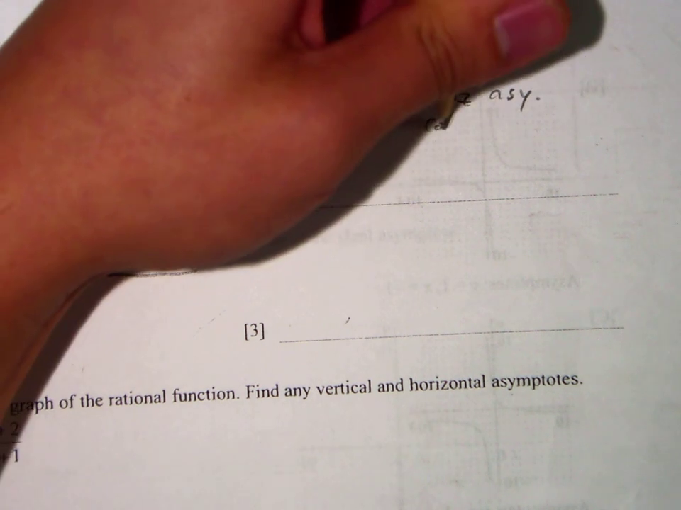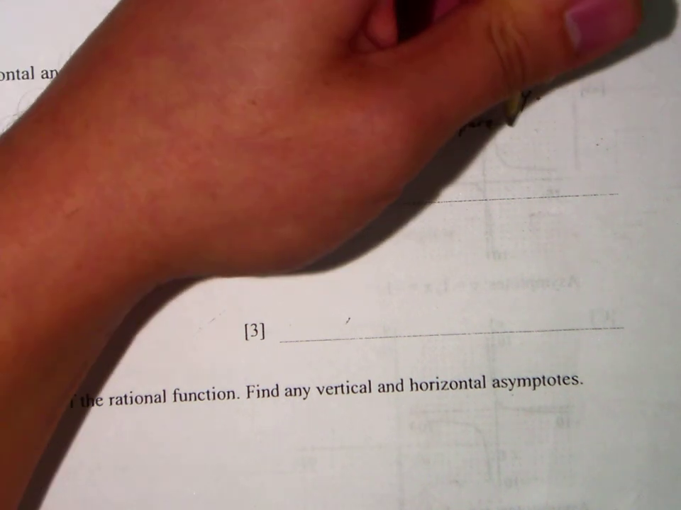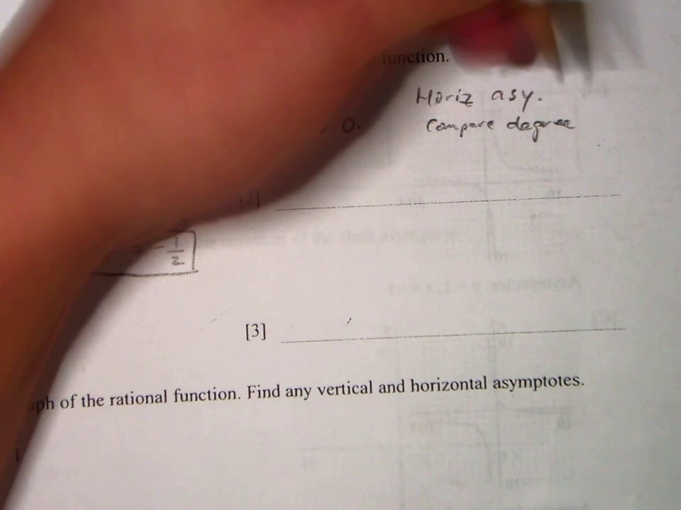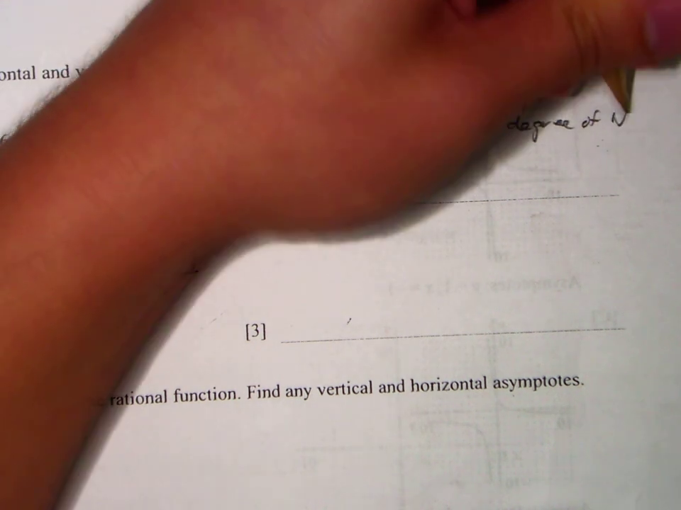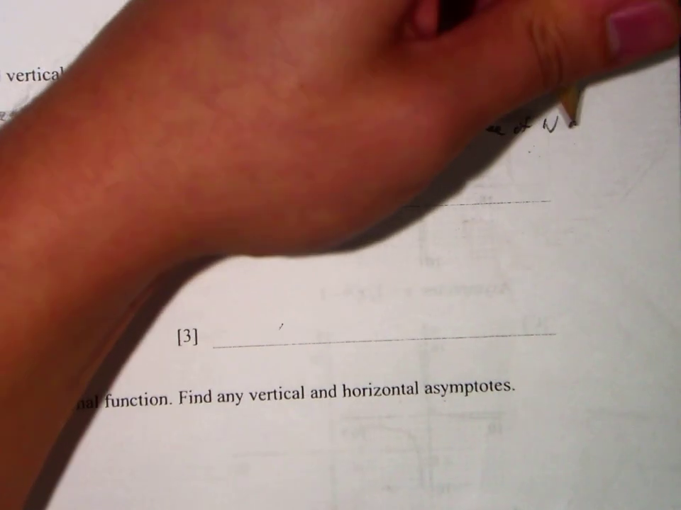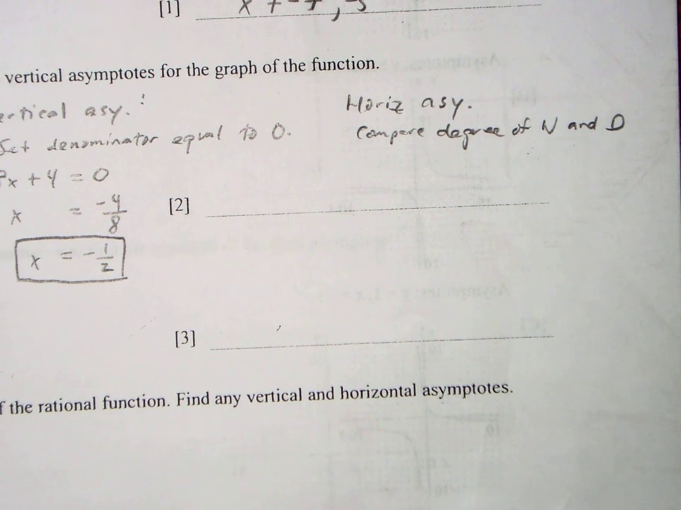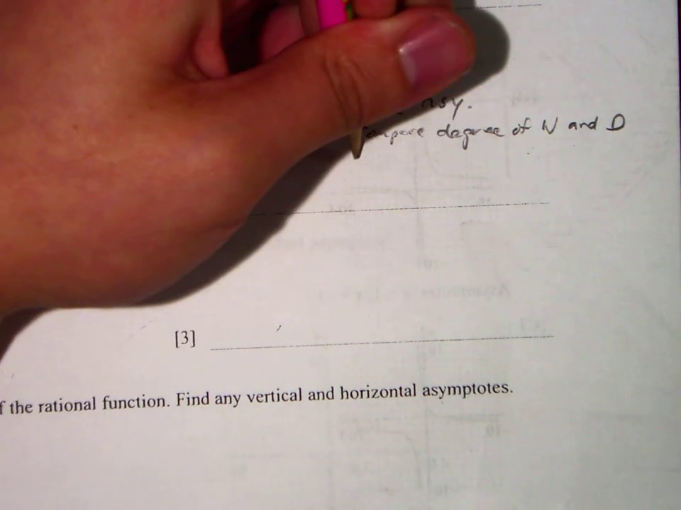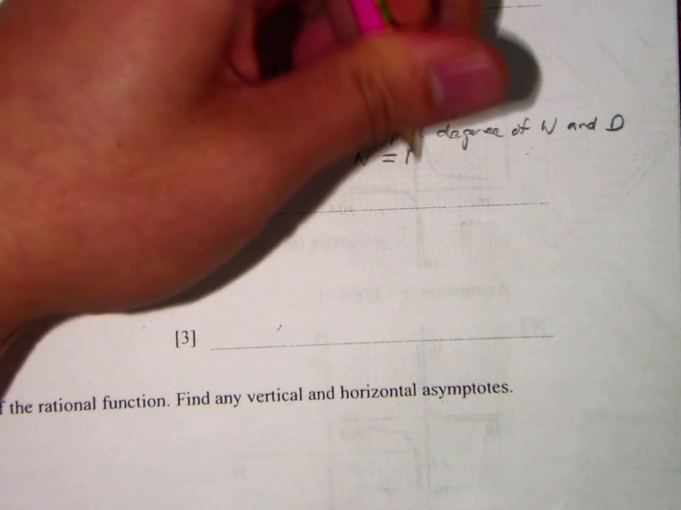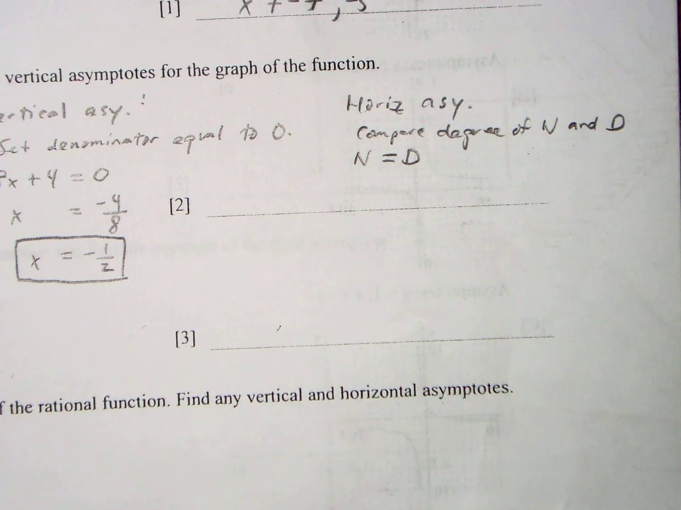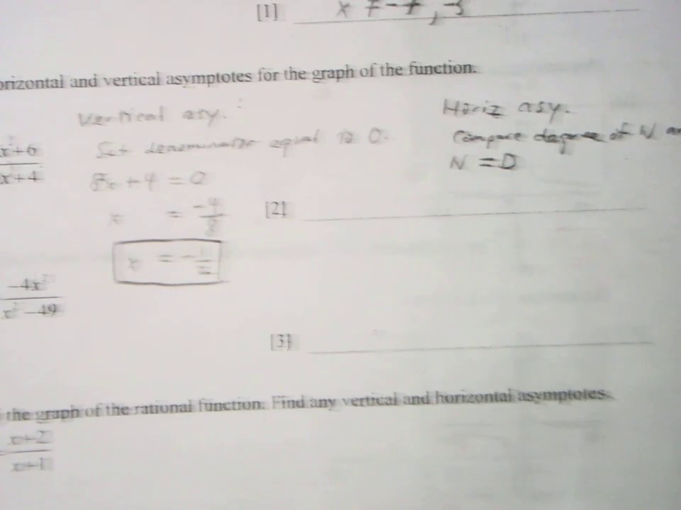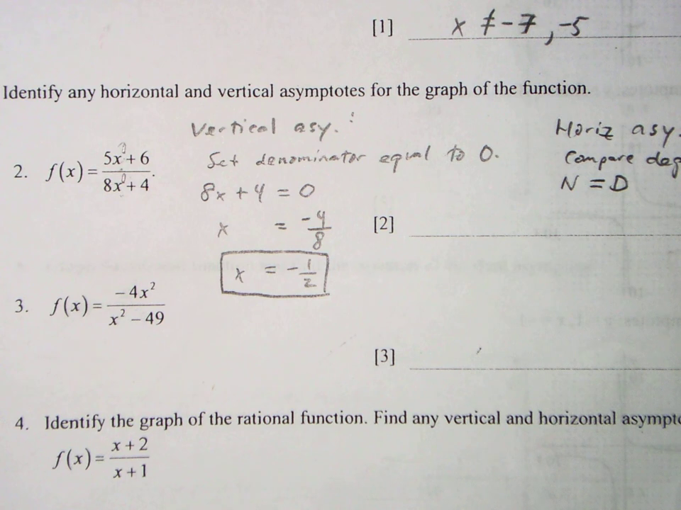So what we're going to do when we're doing horizontal asymptotes is compare the degree of the numerator and the denominator. On this one, the degree of the numerator equals the degree of the denominator. They were both 1. If we have the degree of the numerator and the denominator equal to each other, which we have in this problem,